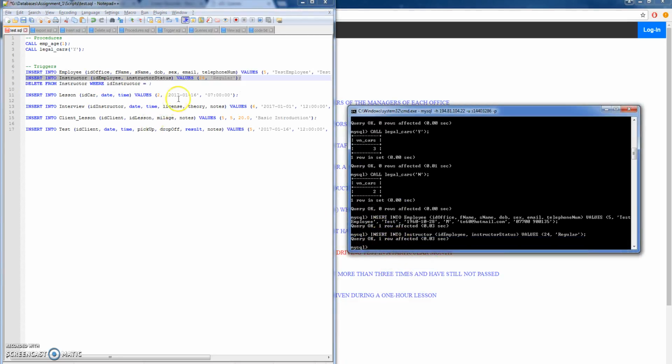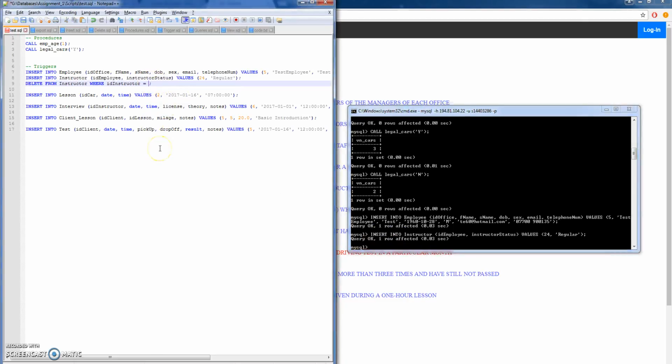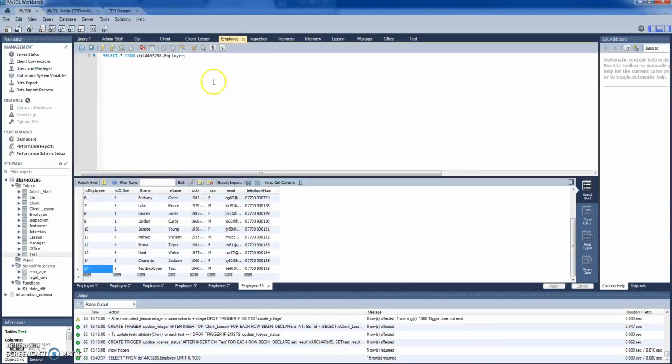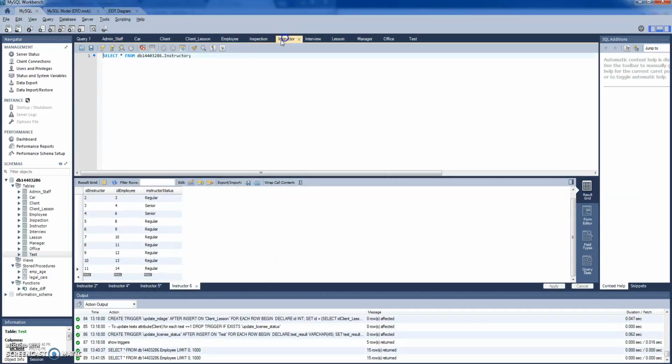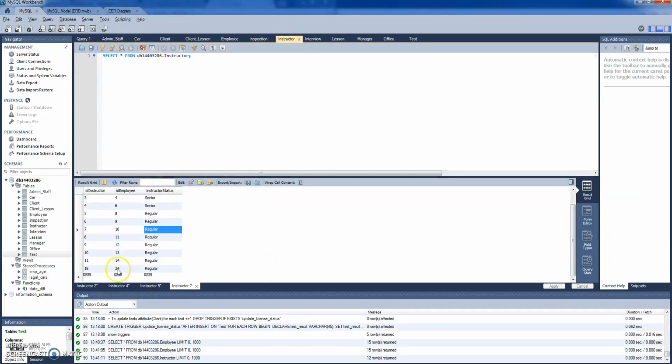Okay, so query's okay, and then now we can delete the employee with the ID 24 and see if the record from the employee table here at ID 24 and the instructor with ID instructor 18 but the ID employee 24, both records should delete